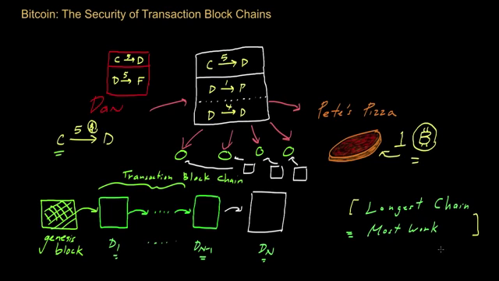And the real question now is, how likely is it for Dan to succeed? So for Dan to be able to pull this off, he has to start off with the transaction blockchain that existed previously, and he has to try to add to that transaction blockchain a different transaction. So rather than having this previous transaction where he gave money to Pete, he's going to try to create a new transaction and add it to the transaction blockchain that contains this other fraudulent transaction between Dan and his friend Fred.